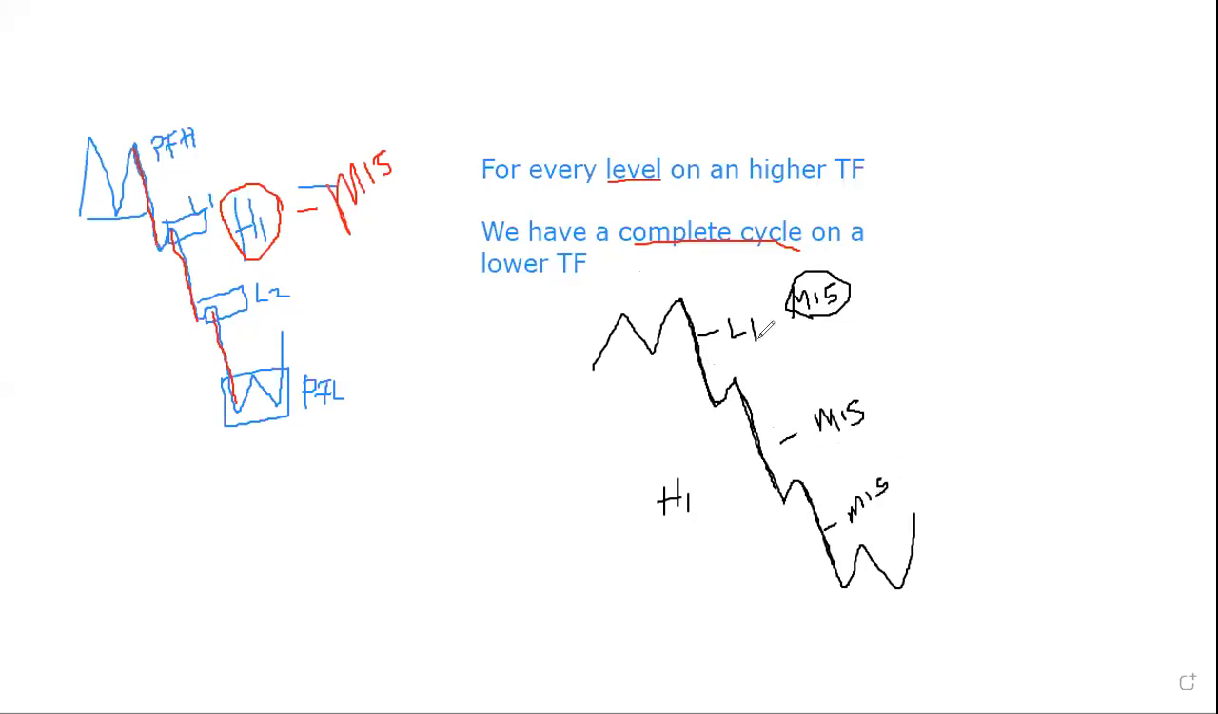So the question is, we go back to our notes here. For every level on a higher time frame, we have a complete cycle on a lower time frame. Do you get the logic? If you are not getting it, talk now, so I will come back and explain. You have to get it right from here. Okay, let me take it again. For every level on a higher time frame,